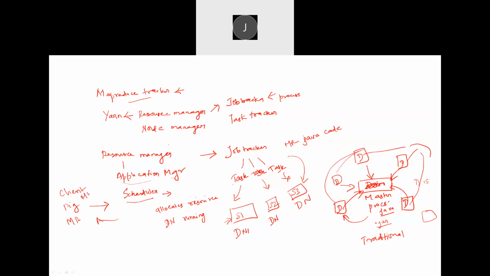If it is a MapReduce job, it will provide an id for the MapReduce, an id for the Pig, and an application id for the other clients doing the operations. And it will also do other activities like